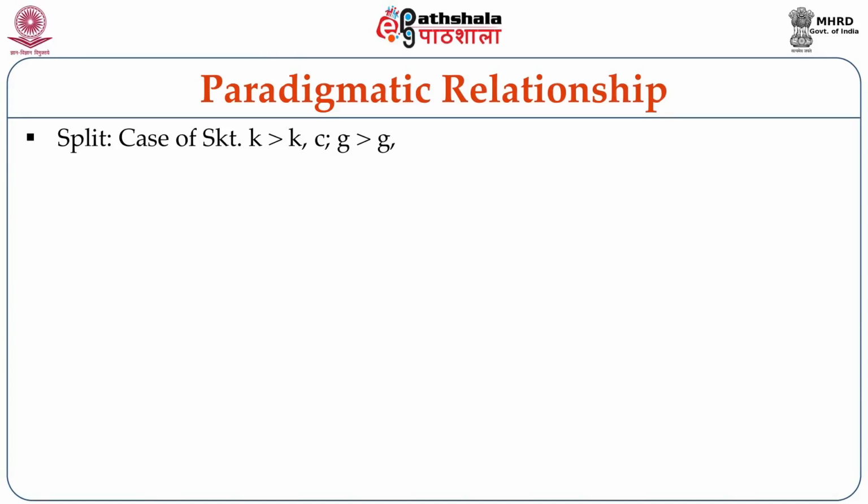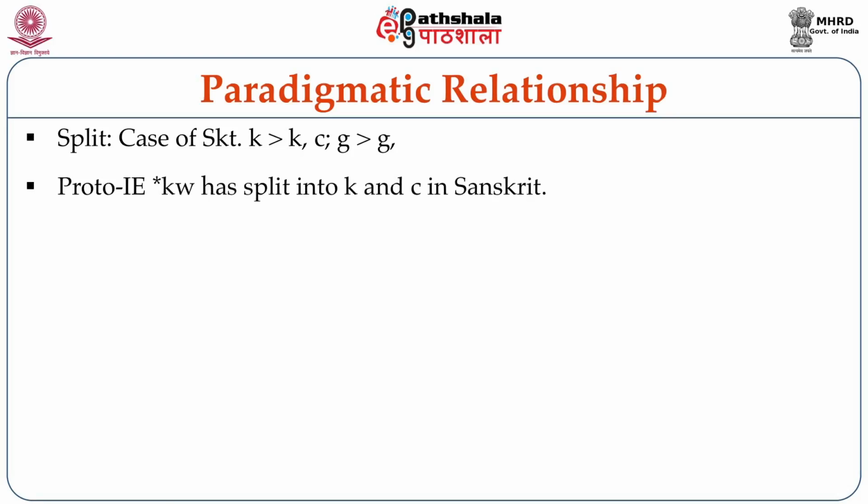The another type is split. We can look at some examples from Sanskrit. We have sounds Ka and Cha. In fact, they are connected. We may look at these forms, when a front vowel occurs after Ka, Ka is a velar sound. Cha is a palatal sound. Kaga or velar, chaja or palatal.